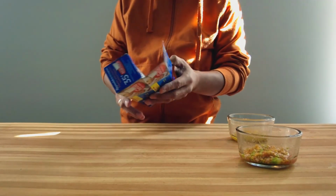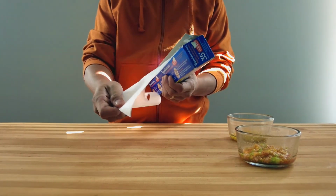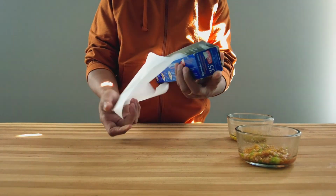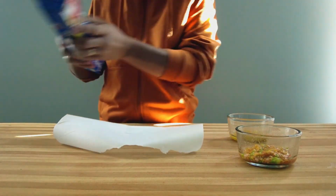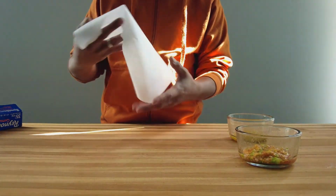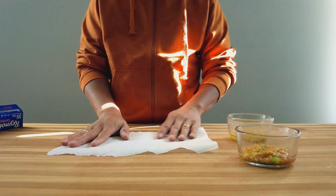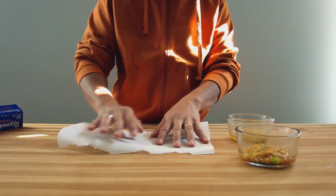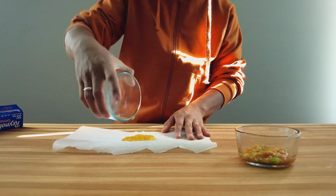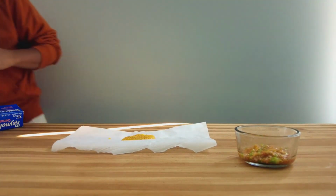So after washing the seeds in running water, I use a wax paper to dry the seeds out. I find that using wax paper is easier to dry the seeds and to take them once they're dried, compared to using plastic or sometimes even glass, where they tend to stick when they're dry. So I'll just spread this like that on the surface of this table, and